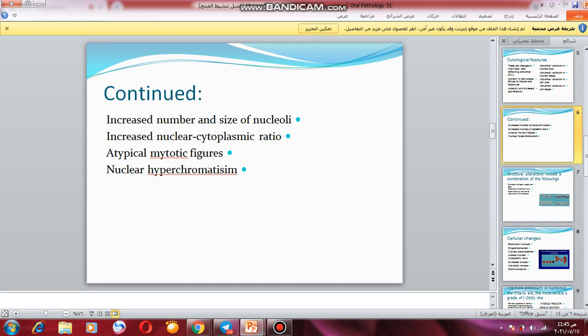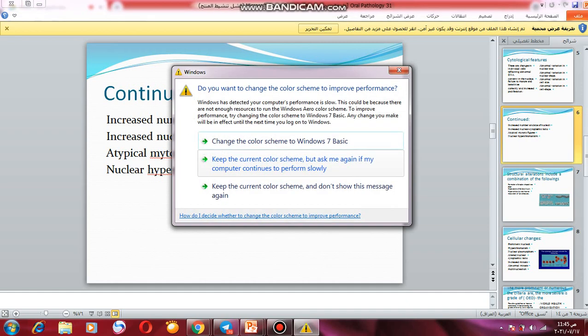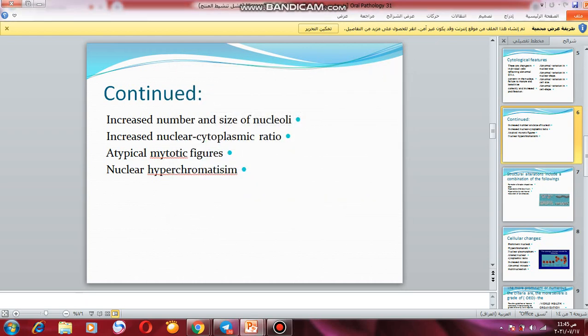As we said, increased number of nucleoli, nuclear cytoplasmic ratio. نحن قلنا nuclear cytoplasmic ratio يشبه البيضة النوكليوس اللي هي كأنما صفاري النوكليوس، والسيتوبلازم هو الأبيض. So nuclear cytoplasmic ratio normally speaking هو 1 to 3. لما يختل هذا التوازن يصير 1 by 1 or a nucleus more 2 by 1 معناته I have dangerous cellular